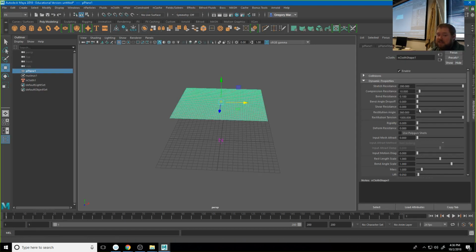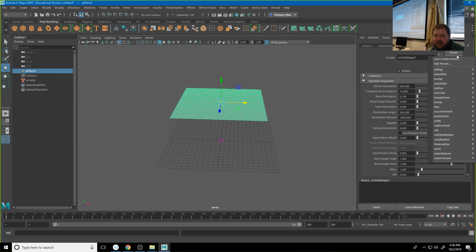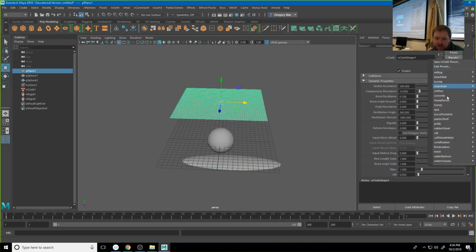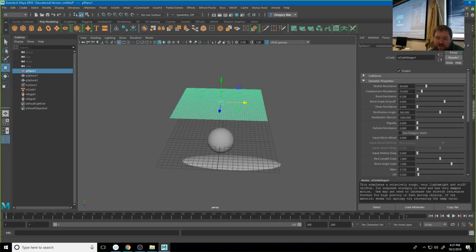These dynamic properties, this is the stuff that you control to get a very specific thing, right? If you want this to feel like a rubber sheet, this is how you make that. If you want this to feel like burlap, you have to adjust all of these different things: the bend resistance, the compression resistance, rigidity. How rigid is it? There are a handful of presets in here that will get you close. Very rarely is this 100% perfect, right? So if I grab this, go to these presets, and I choose chiffon,